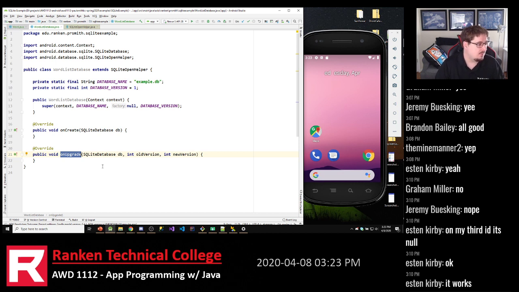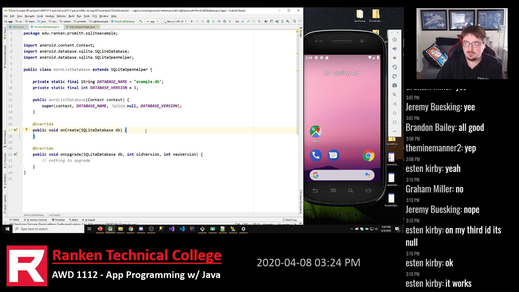But for now, we can leave that blank because there's nothing to upgrade. I can just put a comment in there, and I'm going to go into onCreate